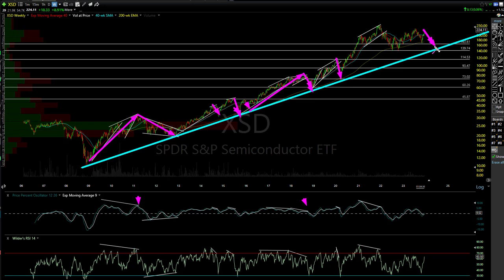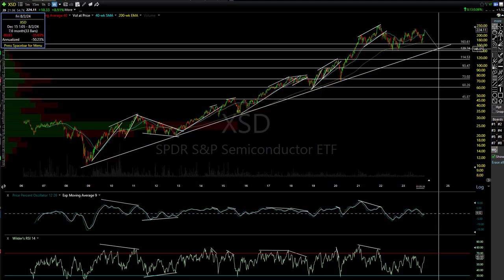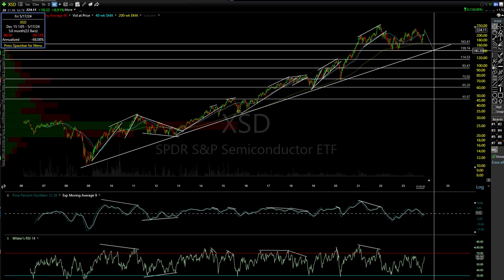Now, this is my bullish outlook for the semis right here. I'm talking that 55. Let's see, to get to that trend line sometime next year, it's going to be at least, or roughly, let's say right here. Let's say it happens soon. Happens 5 months from now, we hit that trend line, and that's a 38% drop in XSD. My most bullish scenario is calling for that 38% drop, which I have a high degree of confidence in.